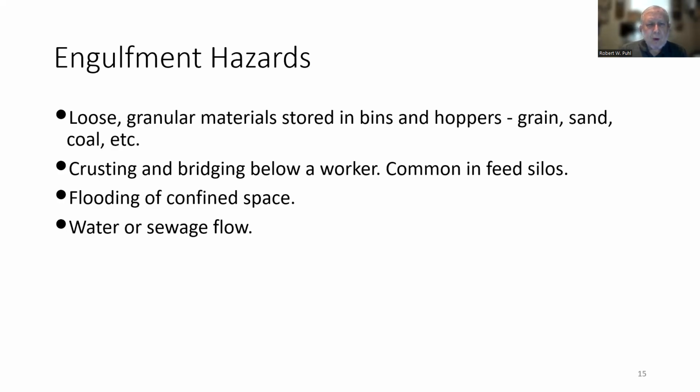Engulfment hazards: loose granular material stored in bins and hoppers, grains, sand, coal, etc. and crusting and bridging below a worker is common in feed silos. In other words, it builds up and forms a broad crust at the top, and maybe bridging, you can actually walk under it, and they want to get down and walk it down. Bad thing to do. Flooding of a confined space could be an engulfment hazard too, water or sewage